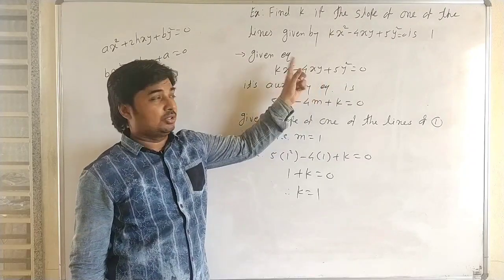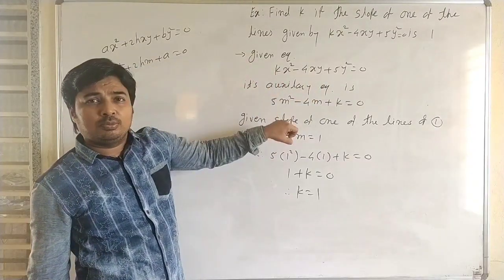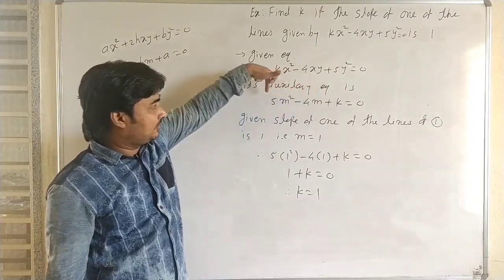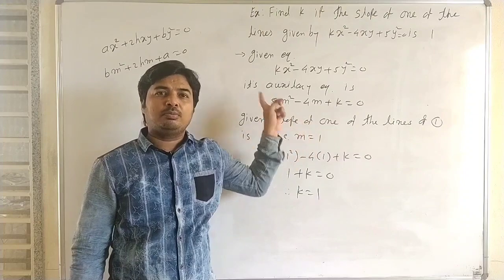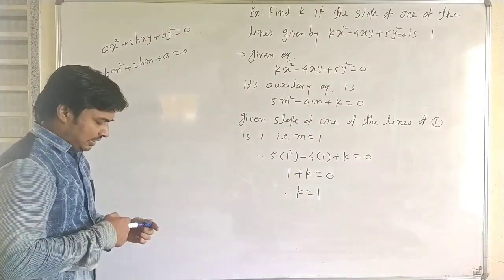Okay, so when we know the slope of one of the lines represented by the second degree homogeneous equation, put the slope of the line in the auxiliary equation. The auxiliary equation is a quadratic equation in m, and m is the slope of a line passing through origin. Okay, now next example,